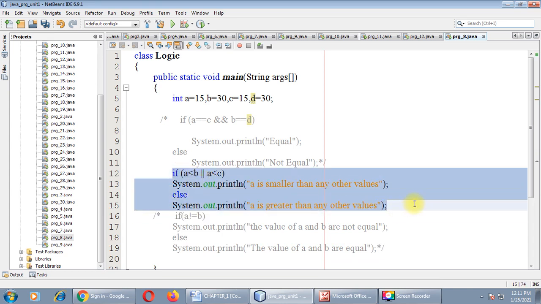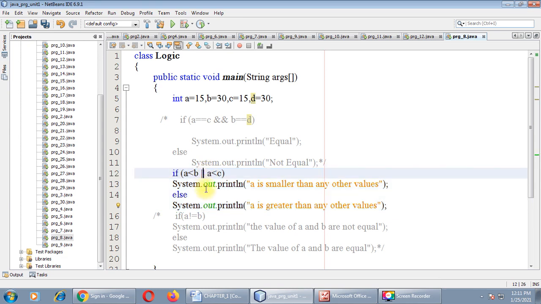Now let us check the output of logical OR. For this operator we can use 2 times pipe symbol, right, exactly beside your enter key on your keyboard. If A is less than B or if A is less than C, if either of this condition will become true, then our if block will be executed. I repeat,